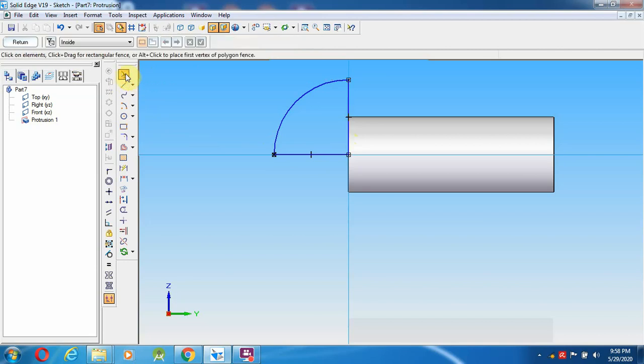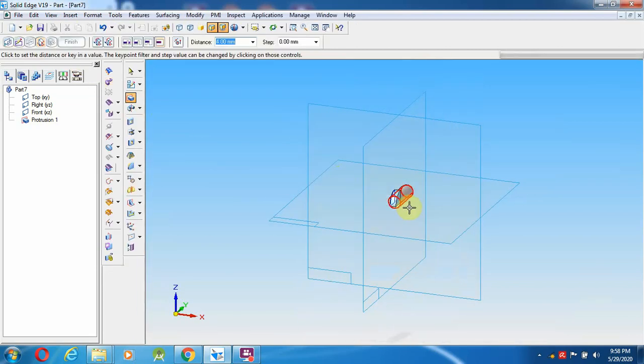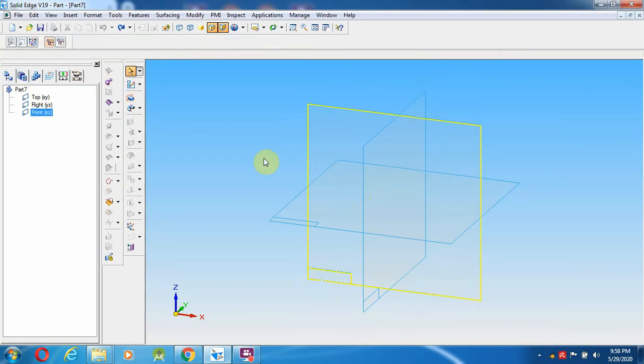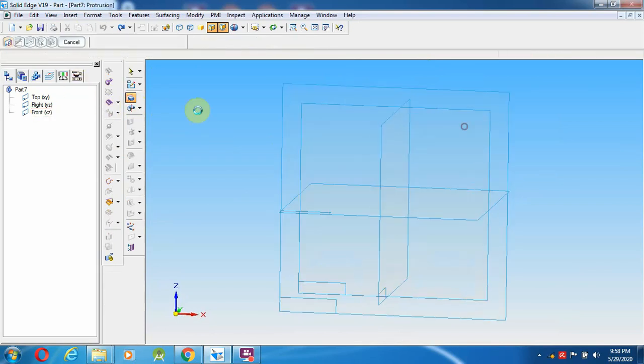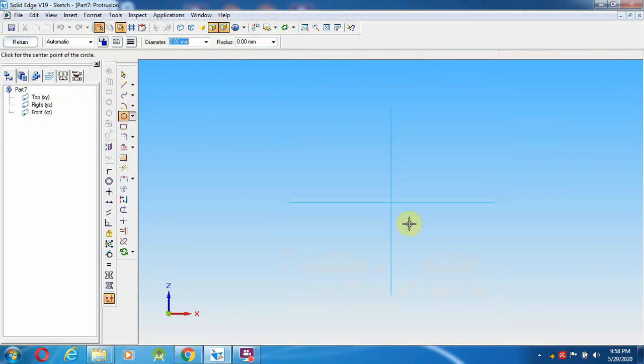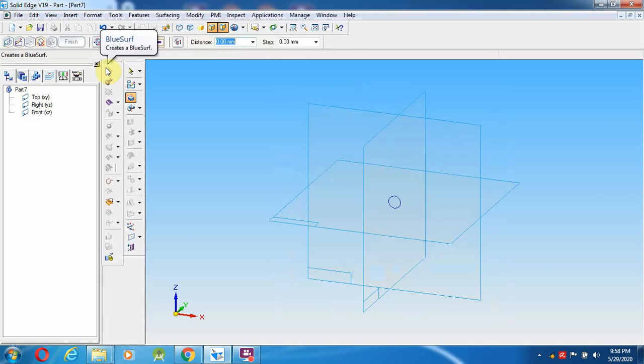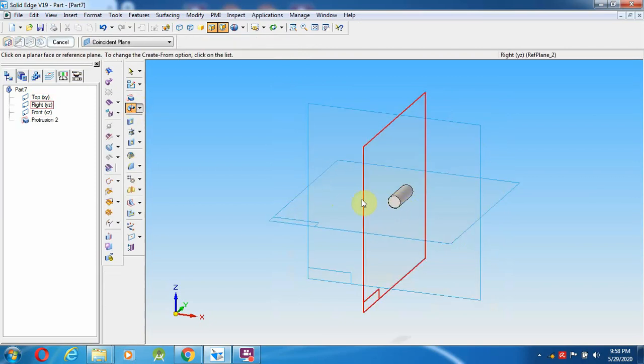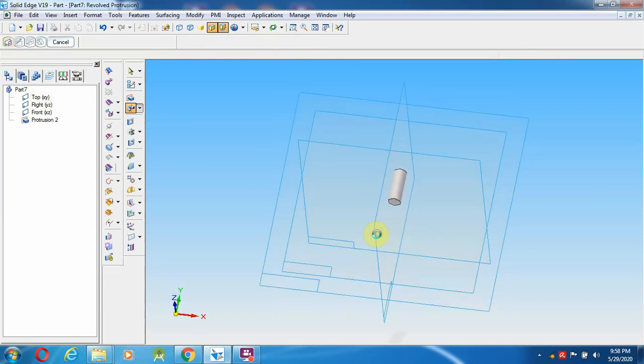Now you can choose. Even this one you can go with select 8 mm, 22 mm length, enter that side. Now I am going to select a revolve protrusion in the mid plane of this.